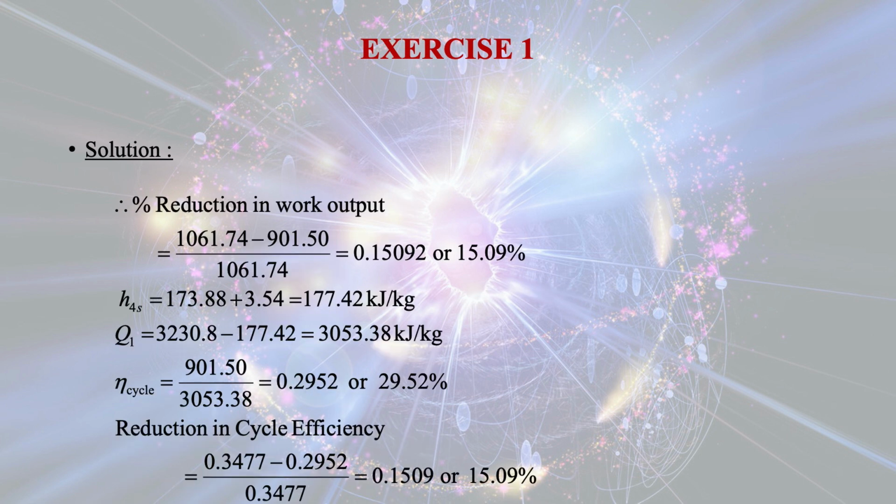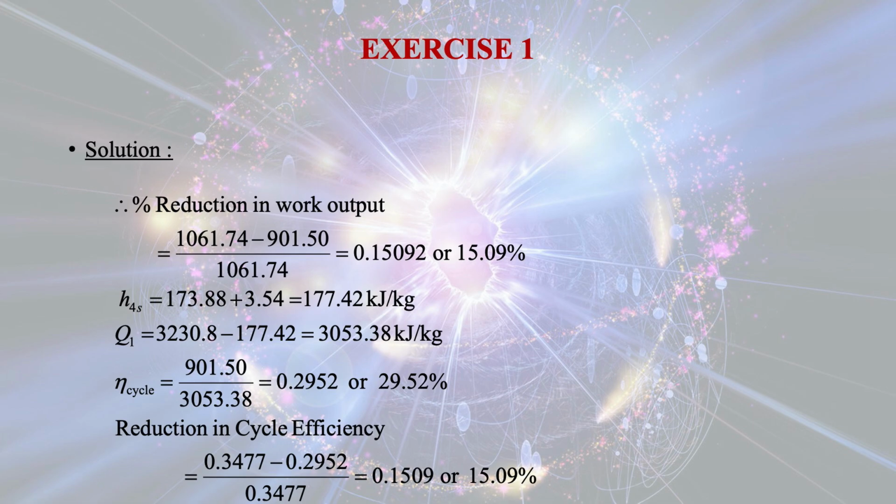Now, reduction in work output is 1061.74 minus 901.50 whole divided by 1061.74, that comes out to be 0.15092 or 15.09%. Now see that H4S is equal to 173.88 plus 3.54 is equal to 177.42 kilojoule per kg,